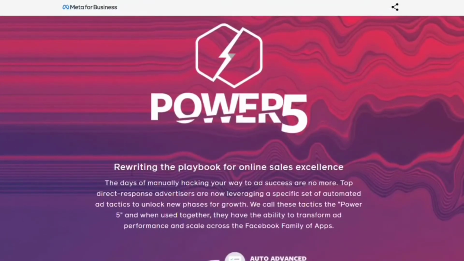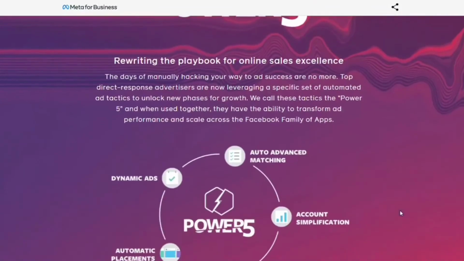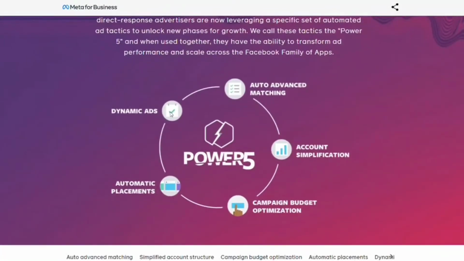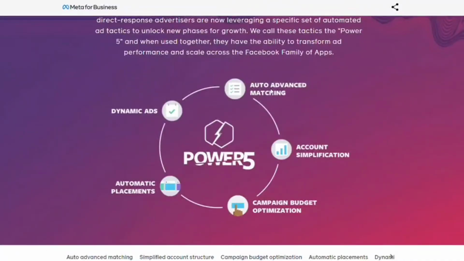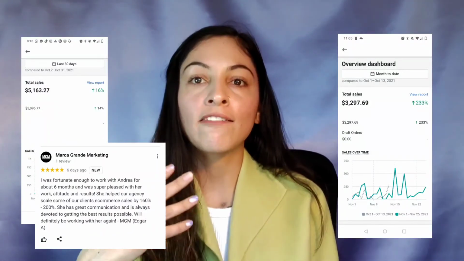These are called the Power 5 and are 5 tactics that top advertisers are using to get better results by relying more on the Facebook algorithm. Those are turning on advanced matching, using dynamic ads, using automatic placement, turning on campaign budget optimization, and simplifying your ad account structure. I personally tested these tactics and I got great results for my e-commerce clients,